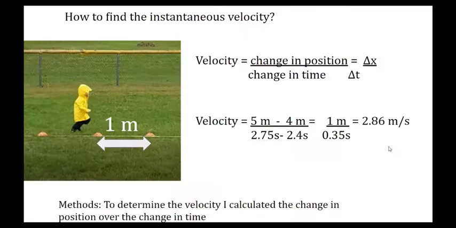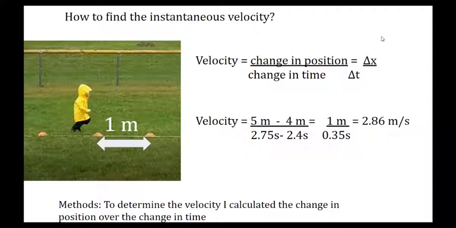Well, to do that, I need to figure out her velocity at each one of those different points. So I need to find the instantaneous velocity, not the average velocity, but that instantaneous velocity between each cone. So I need to know the change in position over the change in time. That delta t should be over here. So to figure that out, I know that, say, between this is the 4th meter and this is the 5th meter of her run,